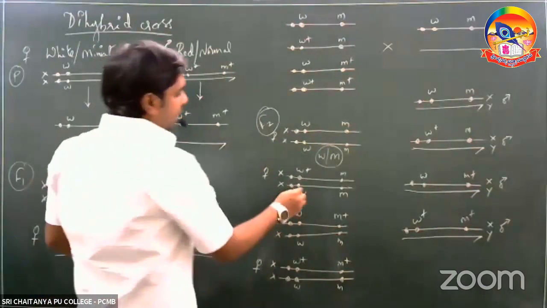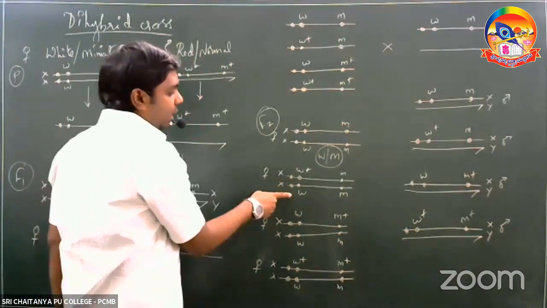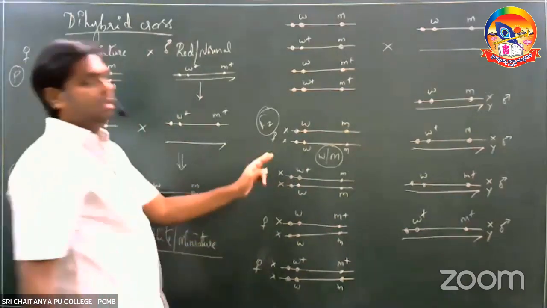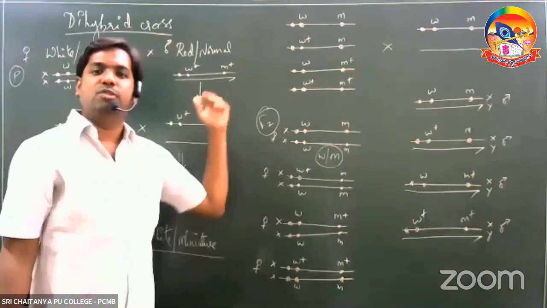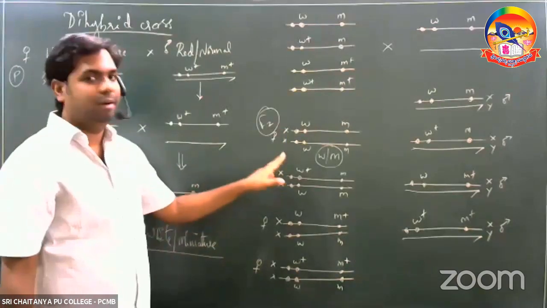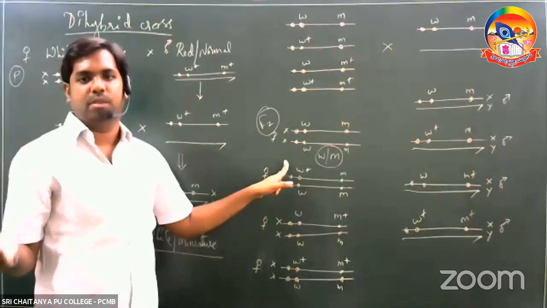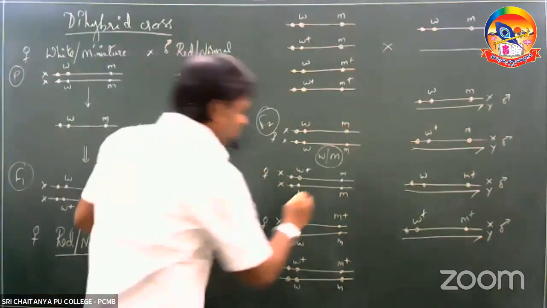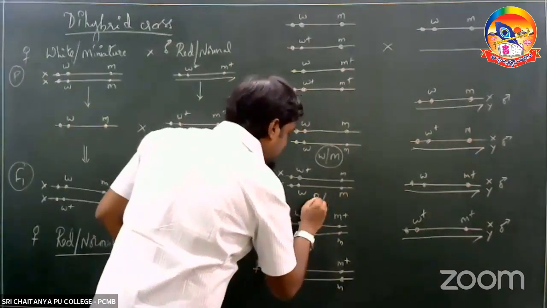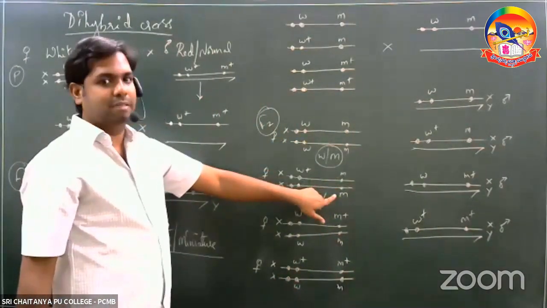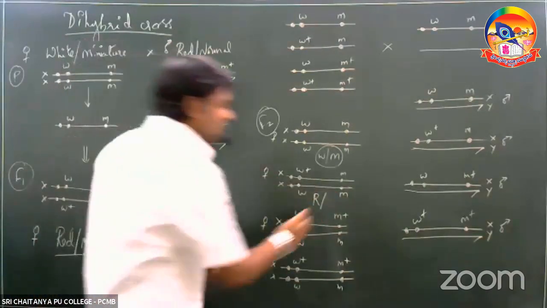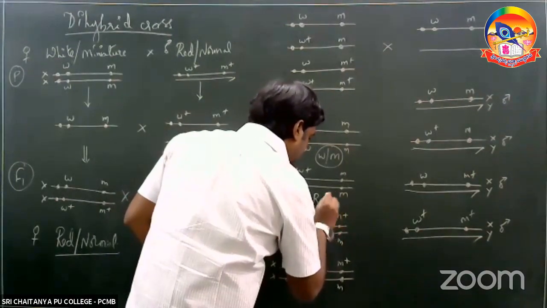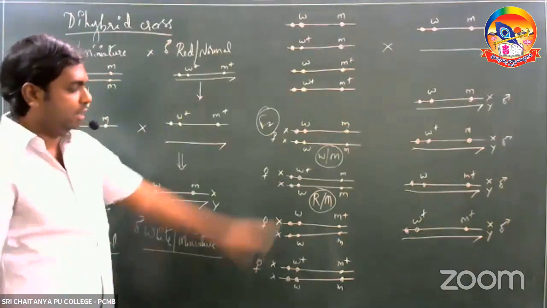In the second condition, it is heterozygote for the eye color. So there is W plus and W. Since there is a heterozygote condition, again the law of dominance would be applicable. The dominant allele will express the dominant trait by suppressing the recessive allele. So the phenotype with regards to eye color would be red eye, and with regards to the size of the wing, since both are recessive alleles, only the recessive trait would be expressed. So this would have miniature wings. So red eye, miniature wing. That is the second offspring.